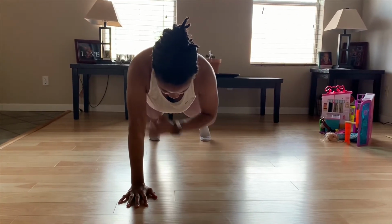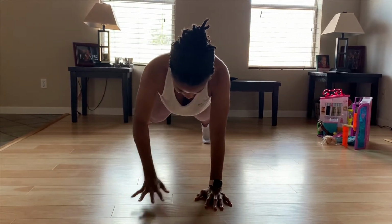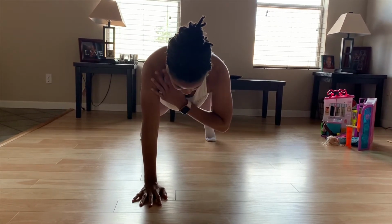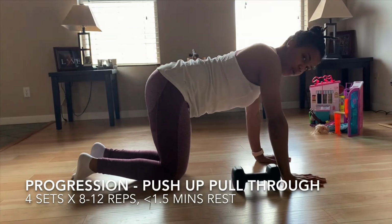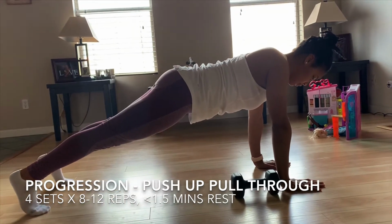Here I just have the frontal plane view just so you can see how I'm tapping my shoulders. You see limited hip movement, so you see I'm not rocking or falling over to one side when I pick my arm up to touch my shoulder. So you really want to keep those abs engaged and keep those hips nice and neutral. Once you feel comfortable keeping those abs engaged and keeping those hips nice and stable, you can progress to